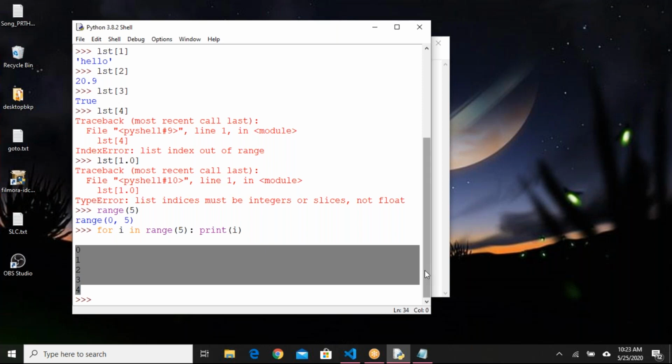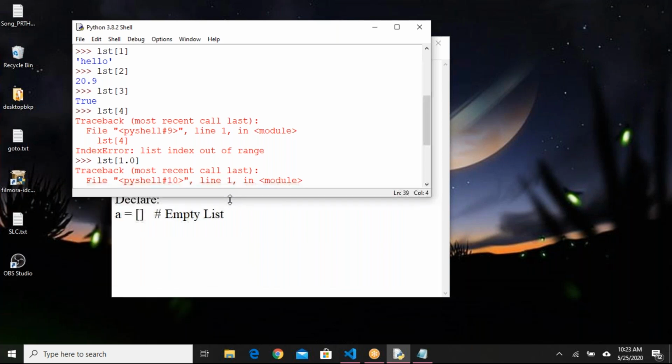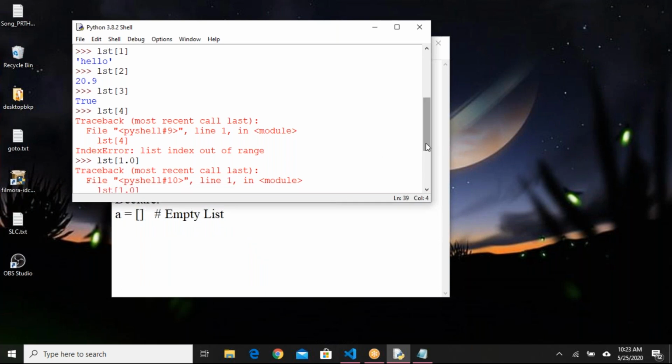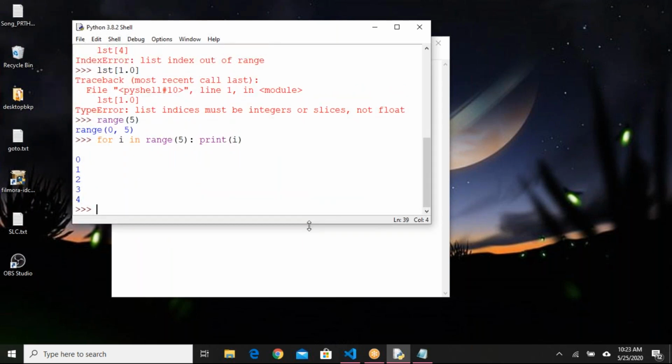How many of you remember the slicing operations in strings? Don't worry, if you don't remember also, I'll explain now, but I just want to know how many of you remember slicing operations in strings? No one? Alekia, good.